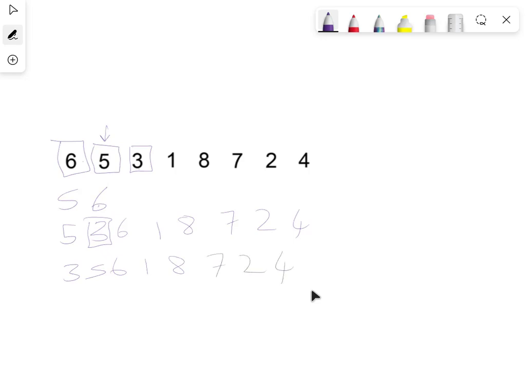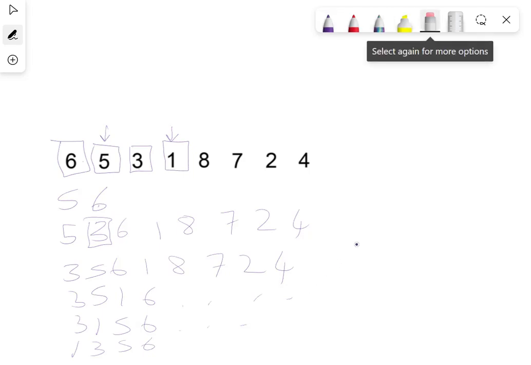On the next iteration, it'll be on 1. 1 will compare with 6, there needs to be a swap. On the next iteration, 1 to 5, there'll be a swap. On the next, 1 with 3, and so on. This is different to a bubble sort,